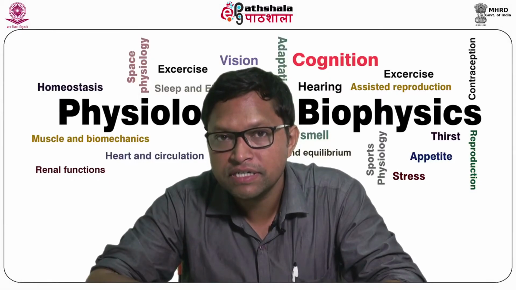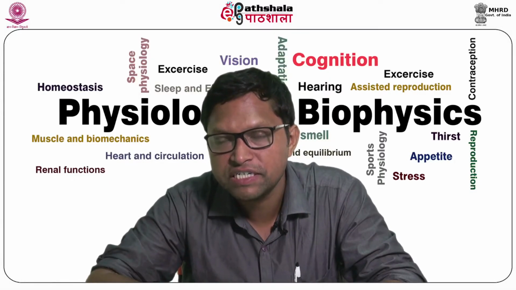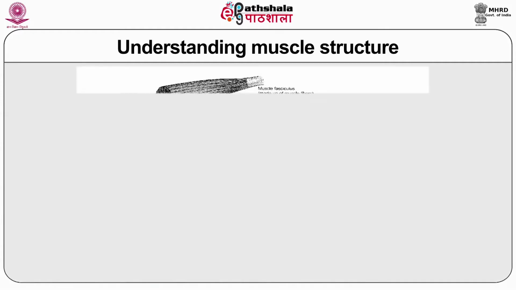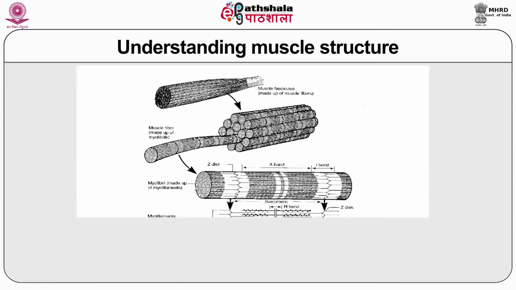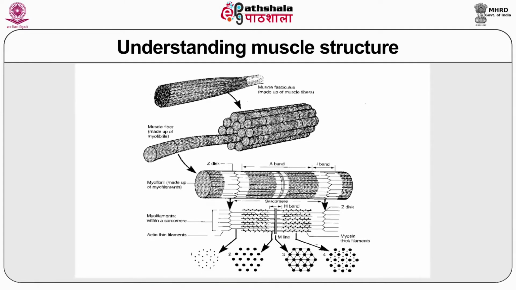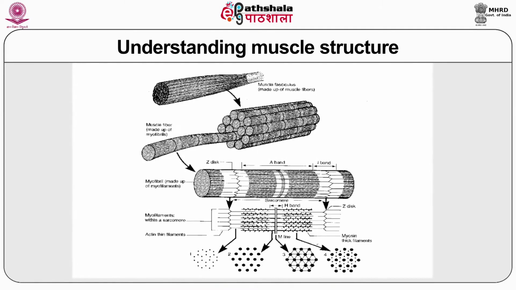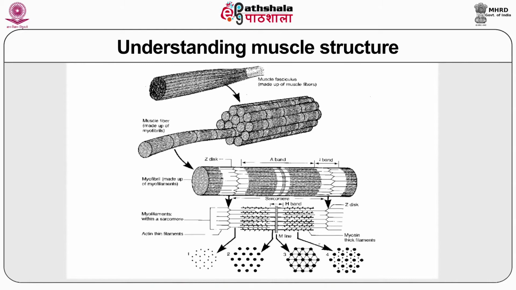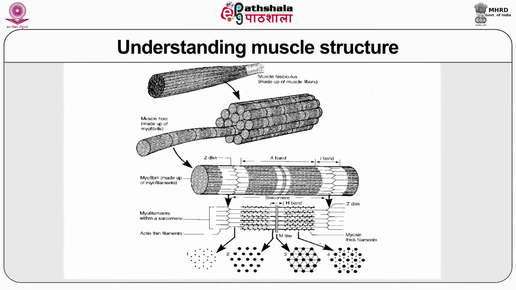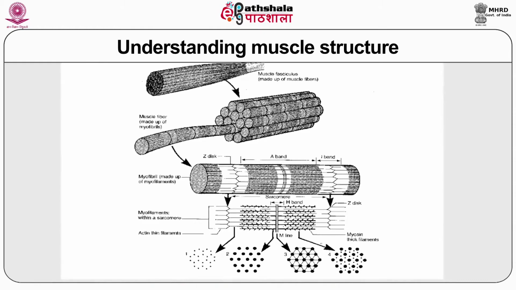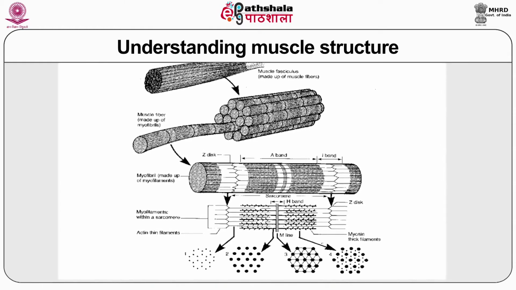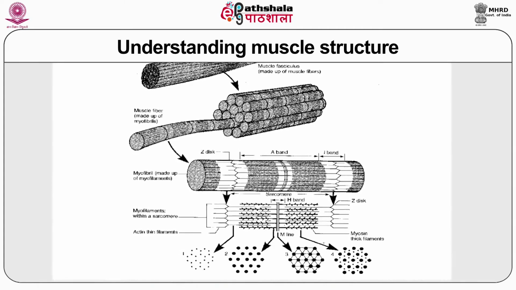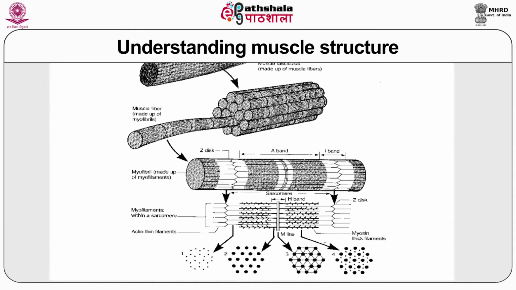In the other slides, you will realize there is a figure 1 which will be helpful in differentiating between the various muscles. Now, let us understand the muscle structure. The muscle bundle consists of a large number of muscle fibers, and each muscle fiber is equivalent to a cell. Each fiber is made up of myofibrils, which in turn consist of densely packed contractile components arranged in a regular fashion. It gives a striped appearance under the light microscope.